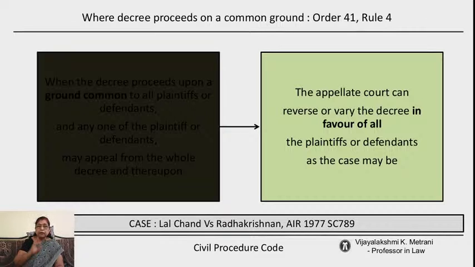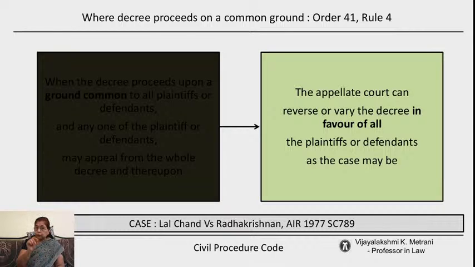or defendants. See, what happens is, normally the person who goes to the court gets the relief. When a person goes to the court, suppose he is putting a ground before the court on the ground of which he is challenging the decree. So, that particular ground may be in his favor. It may not be in the favor of other plaintiffs, it may not be in the favor of other defendants, but he may put a ground before the court. Then the court normally gives him the relief. That is the normal rule.